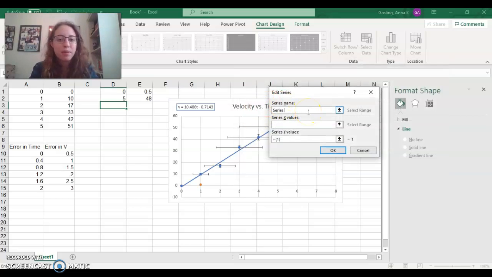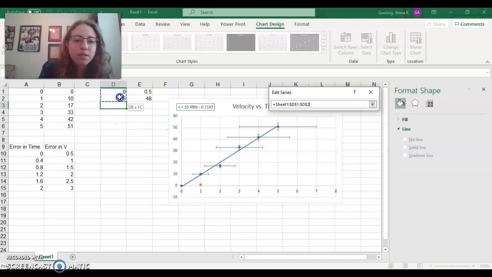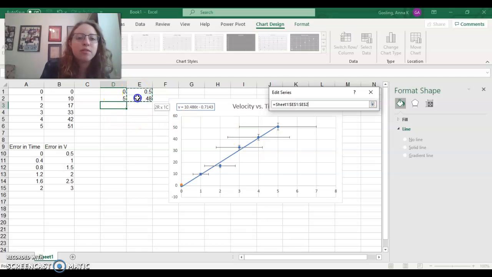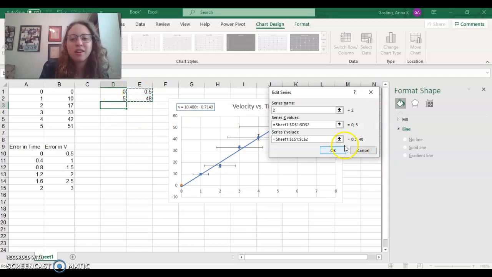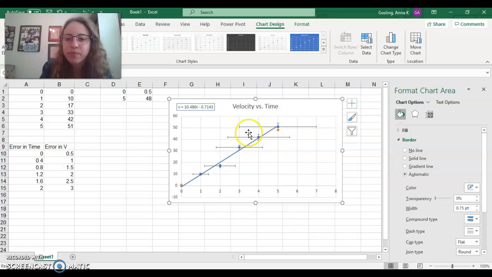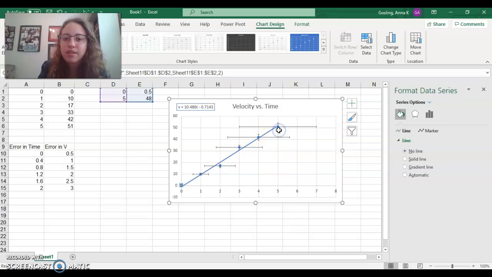It doesn't really matter what that name is. In fact, I'm just going to call it 2. My x values are going to be these two guys. And my y values, I'm going to go ahead and click into the two values that I have found here. And you will see I have added that to my graph, and I can find the line of best fit